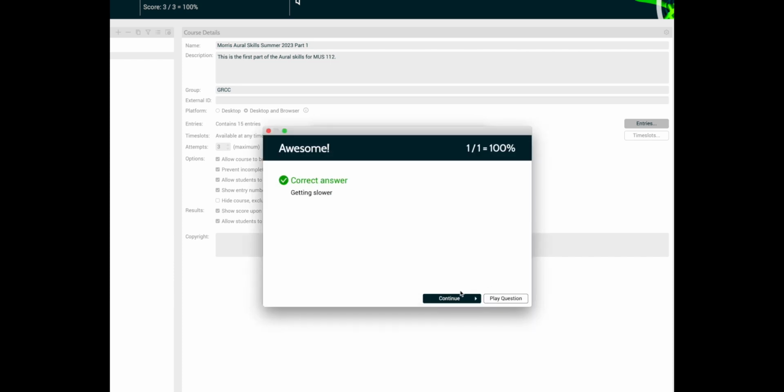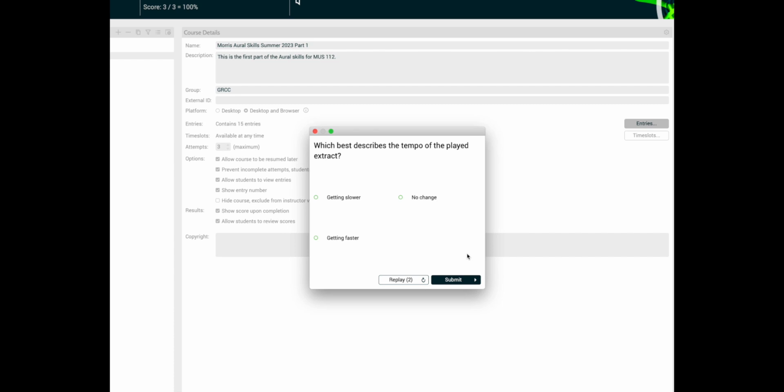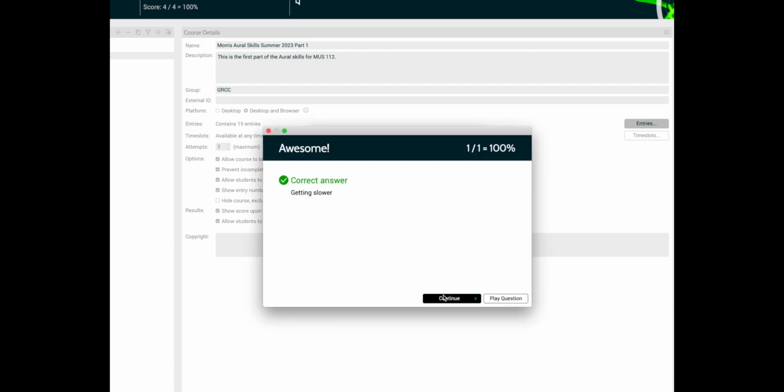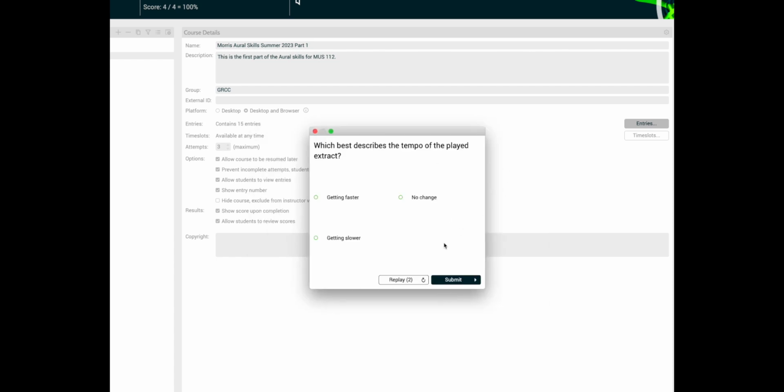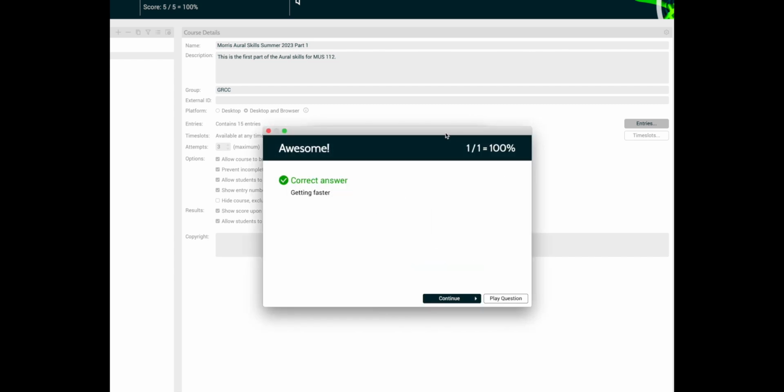So far, they've all gotten slower. Let's do one more. Seems to be getting slower. Yep, so getting slower. That one definitely getting faster. Okay, so that's how those work. All right, so we're going to go on now